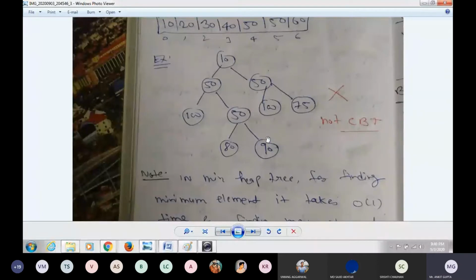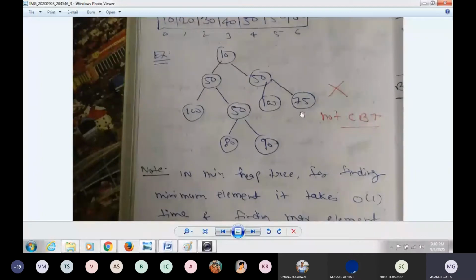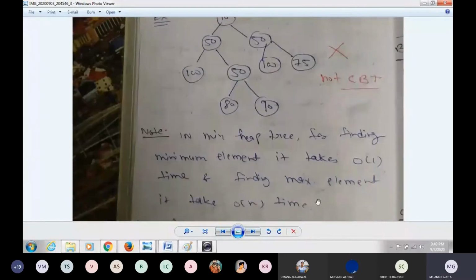But if I want to find the maximum node, it may be anywhere, so I have to scan all the nodes. So it will take order of n time complexity. Is it clear? In the min heap tree, finding the minimum element takes order of one time, and finding the maximum element takes order of n time.